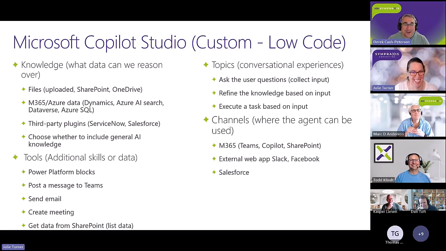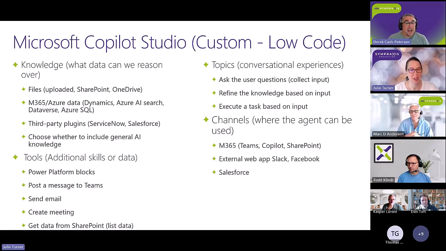And there's a setting within Copilot Studio that asks whether or not you want to use general AI knowledge. So it's like, do you want to go out to the broader LLM, or do you just want to focus on the knowledge set that you were looking at? And the answer is, it depends, because if you're doing an HR bot, you don't want somebody to ask it how to make pasta and for it to return an answer.